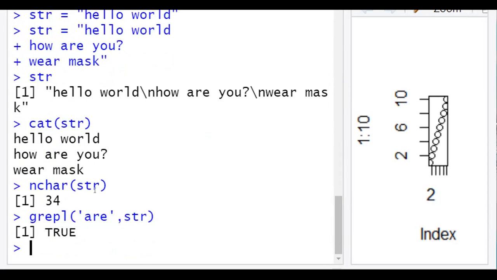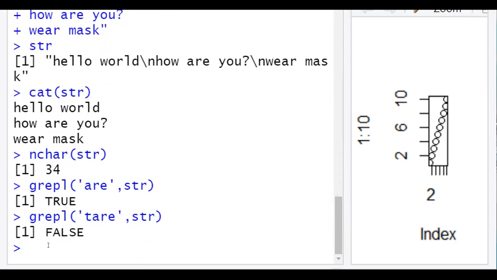You can see R is the pattern that we are searching for, in the variable str. Based on whether it is present or not, we'll get the output. Suppose let us change it. It is giving false, so TARE is not present in the string.